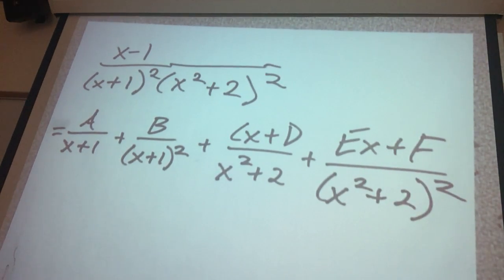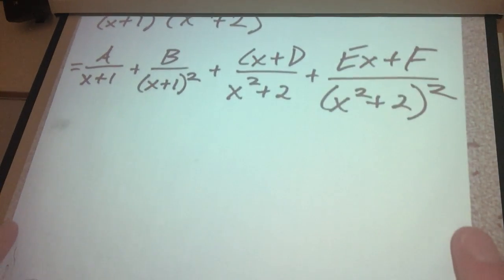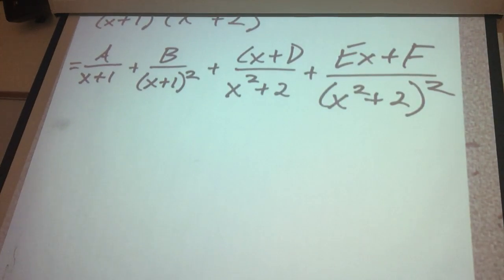Okay. So this problem just asks for the partial fraction decomposition. You do not have to actually solve for all these letters. If I asked you to solve for all these letters, it would take a long time. So the next problem, I'll leave that up, is